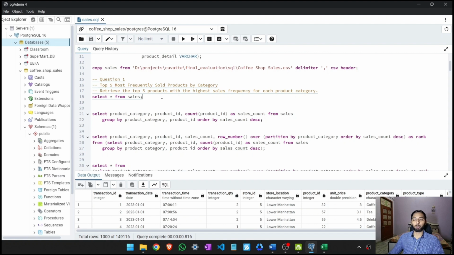So now our first question is to calculate the top 5 most frequently sold products by category. Retrieve the top 5 products with the highest sales frequency for each product category. First, we calculate the total sales by each product category and each product ID. For that, we write SELECT product category, comma product ID, and COUNT product ID as sales count FROM the sales